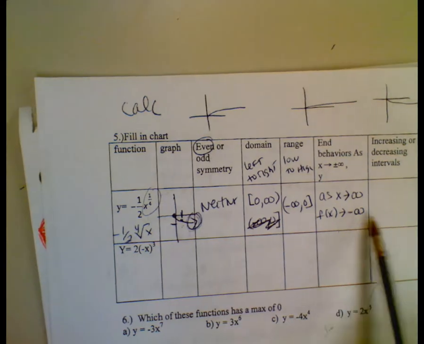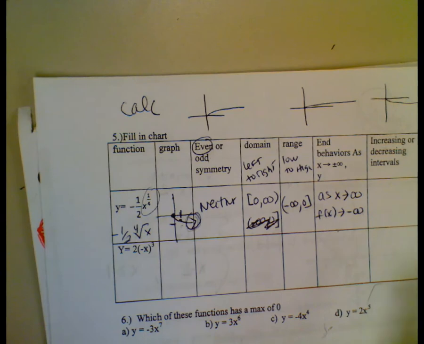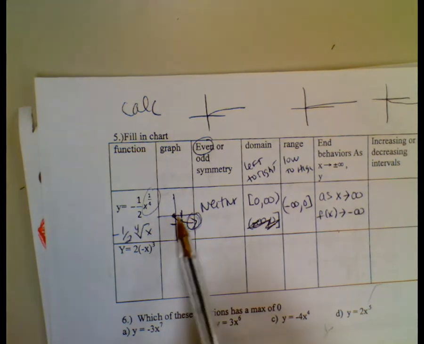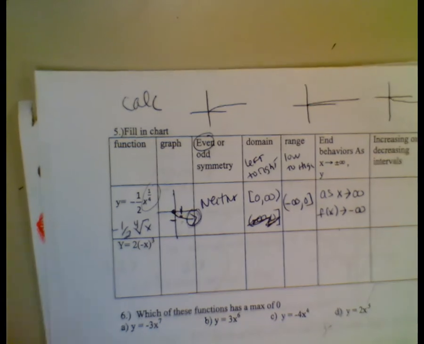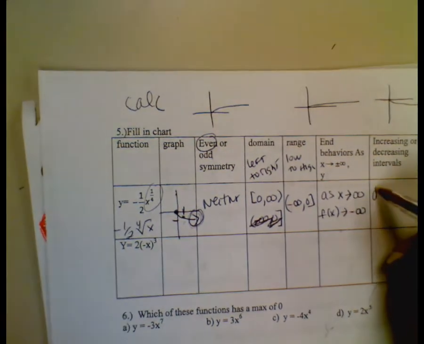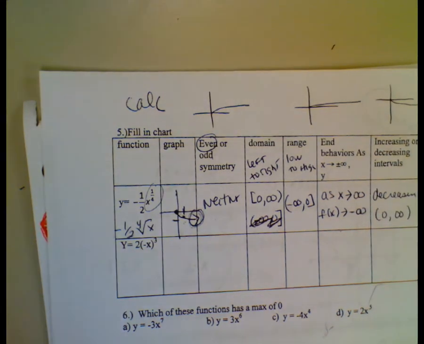Does it increase or decrease values? You read it left to right. As x is going to the right, the y values are decreasing. So the interval for that is it's decreasing